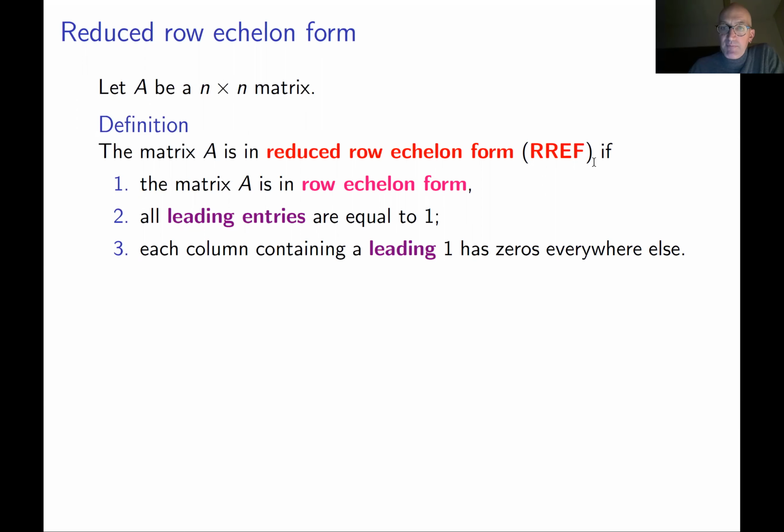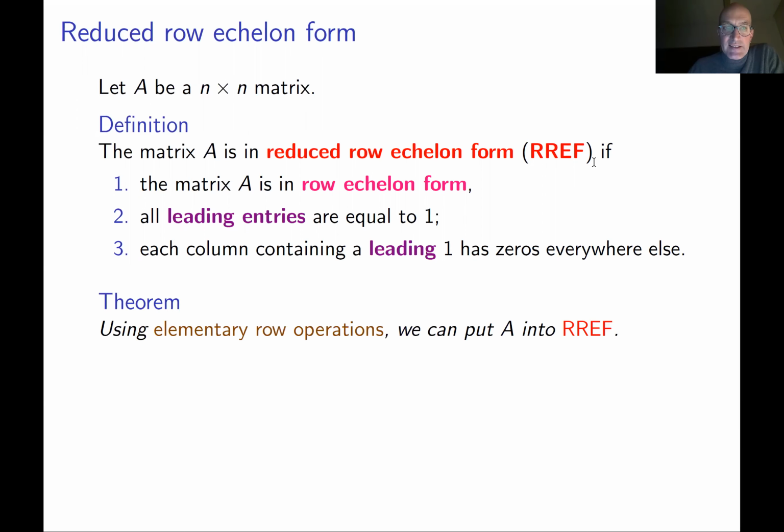So this is a very simple looking matrix here. And then we have the theorem, which I implicitly mentioned already on the previous slide, that every matrix can be put in the reduced row echelon form using elementary row operations. In particular, it can be put in the row echelon form. Of course, the row echelon form is a weaker form than the reduced row echelon form. Okay, so what does this theorem tell you?